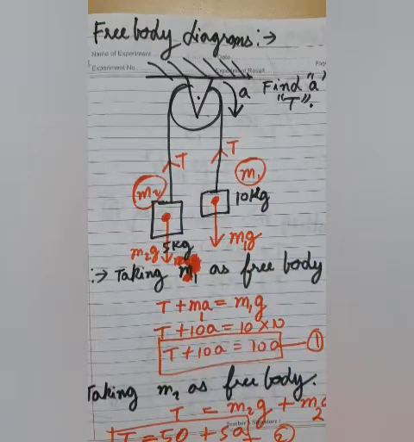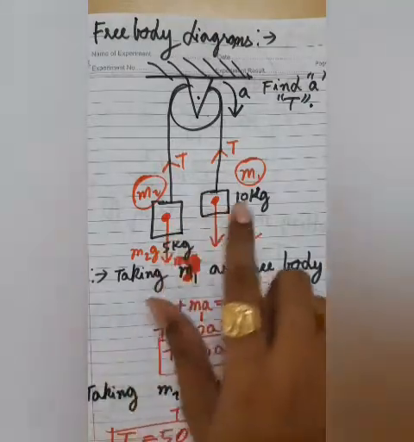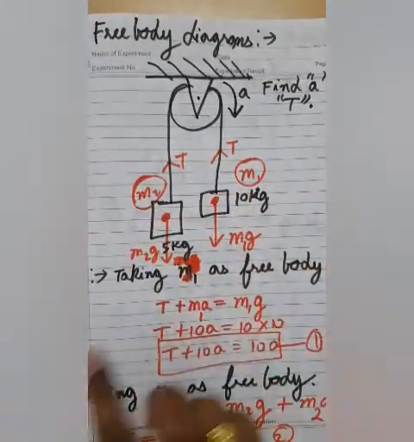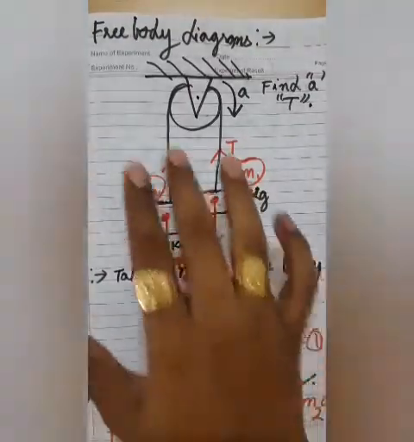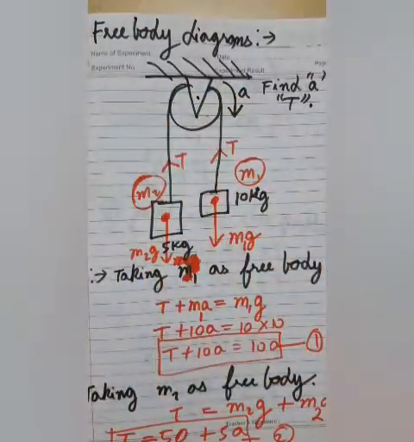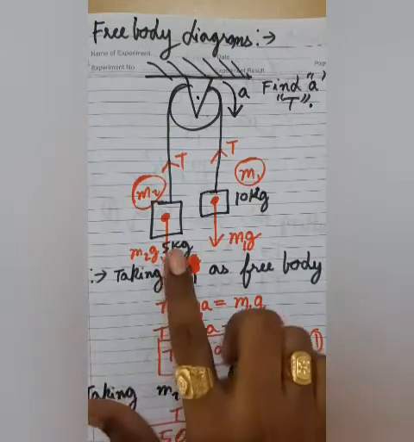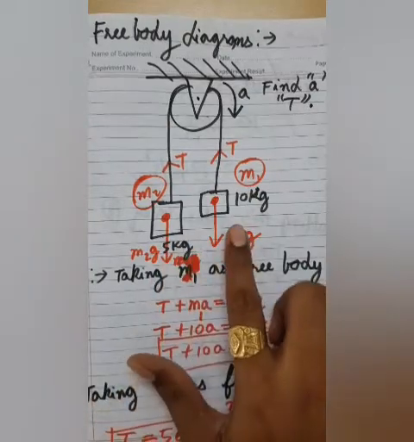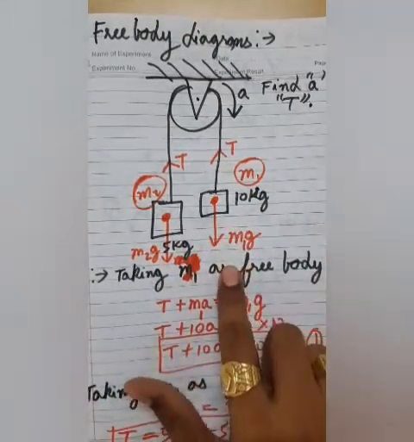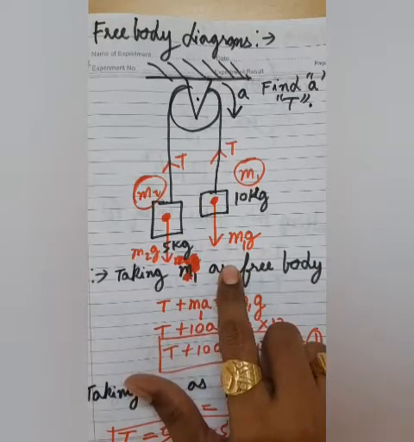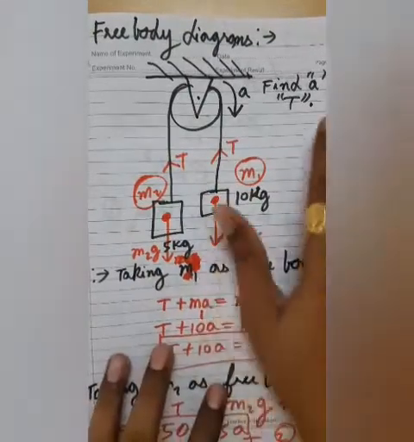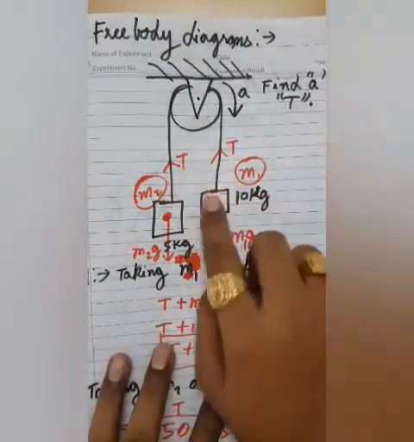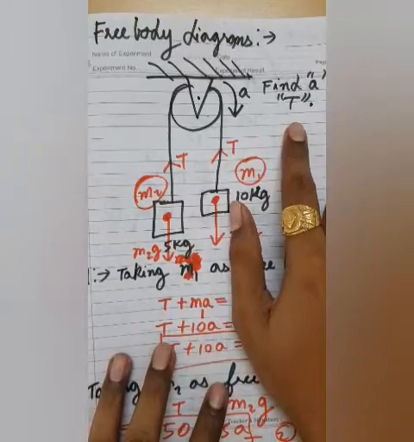For example, I have given you a pulley, and from the pulley I have suspended two different masses m1 and m2. The mass m1 is 10 kg and the mass m2 is 5 kg. Both are suspended with the help of a string. Obviously the heavy 10 kg mass would go down and the 5 kg mass would go up. We are supposed to find the acceleration produced and also the tension in the string.